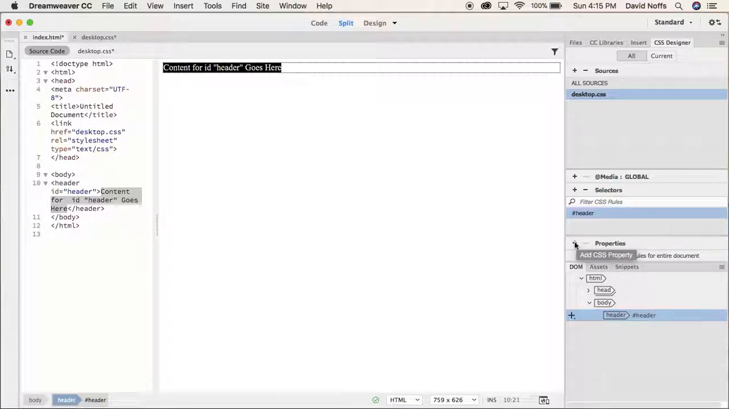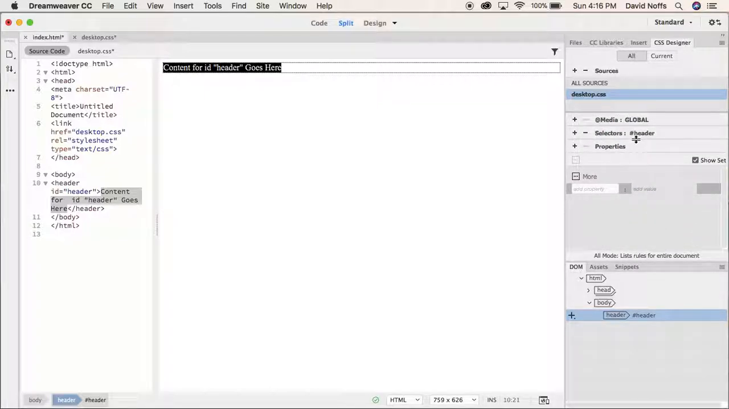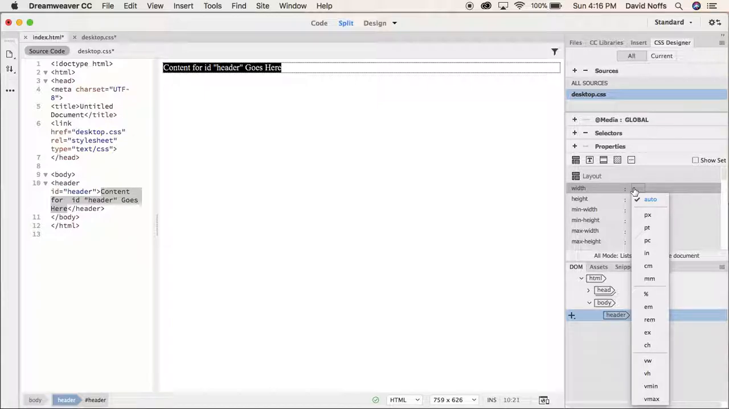I go into add properties for this, and I'm going to give myself a little bit more room here, because the next rule follows on directly from that. If I uncheck the show set box and I go to the very first set of rules, which is layout for my div, and I click on width, and I click inside the width property, and I choose pixels, px for pixels,